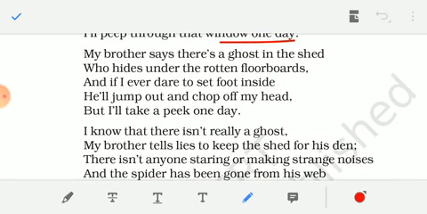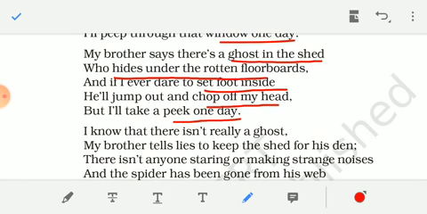My brother says there's a ghost in the shed who hides under the rotten floorboards, and if I ever dare to set foot inside, he will jump out and chop off my head. But I will take a peep one day. So here,